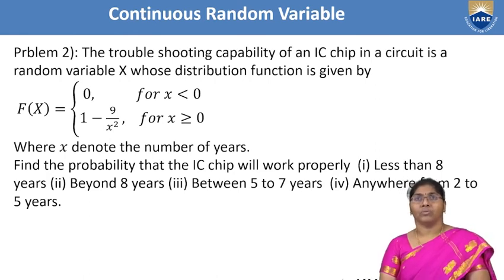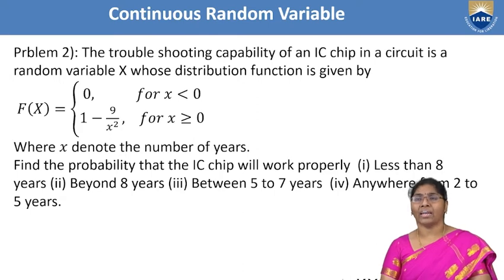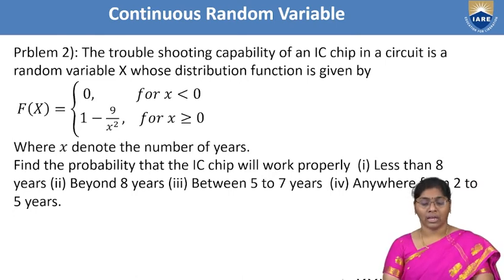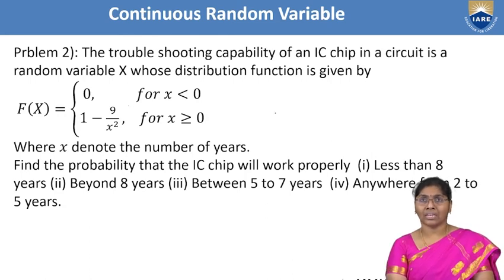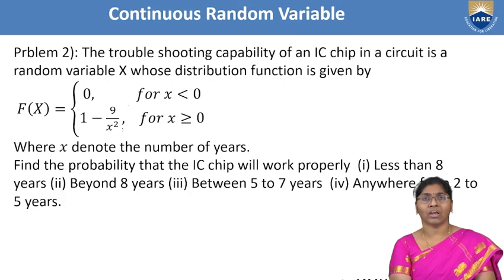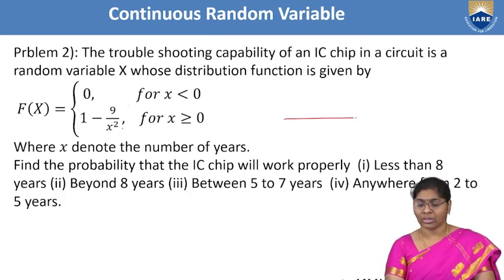Now the next one. The troubleshooting capability of an IC chip in a circuit is a random variable x whose distribution function is given by. Here the given function is f of x. Now the arrangements are: less than 0, all are zeros. Greater than or equal to 0, the values are 1 minus 9 by x square only. If you are arranging like this,